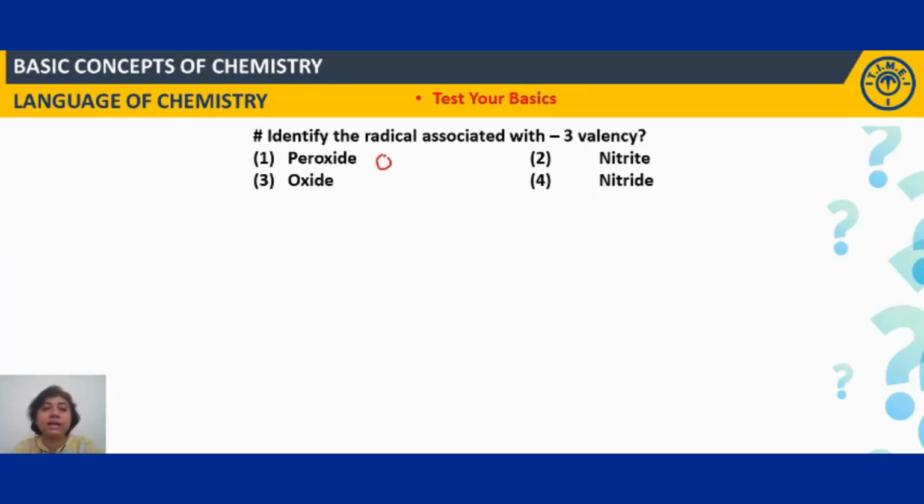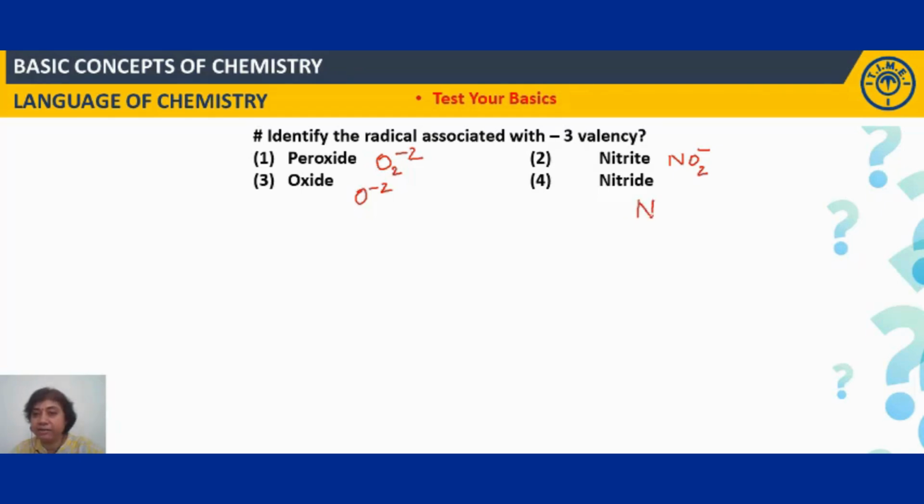What is peroxide? O2 -2. Before me you are supposed to write oxide, O -2. Nitrite, we discussed in the previous question. NO2, less number of oxygen atoms, valency minus